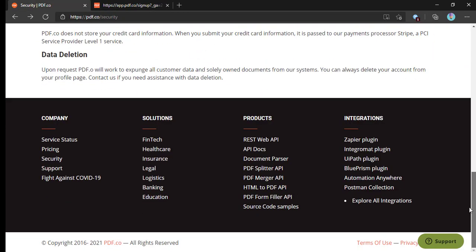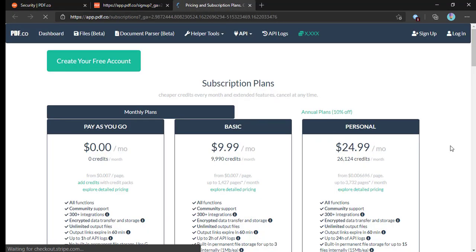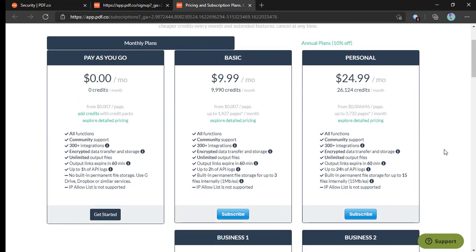And PDF.co uses credits for all of the API execution, and here in the pricing tab link you can know for which service how many credits are required, as well as various subscription plans. For example, this is the very basic pay as you go, and based on your usage you can opt for the various plans.